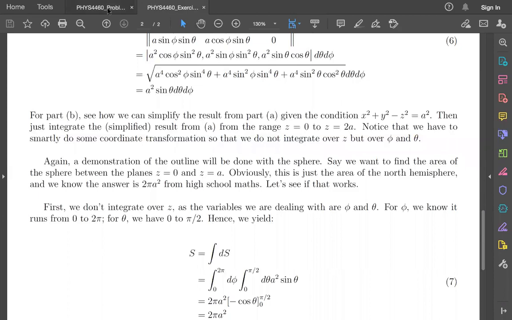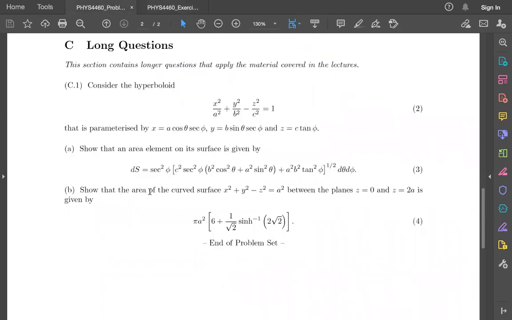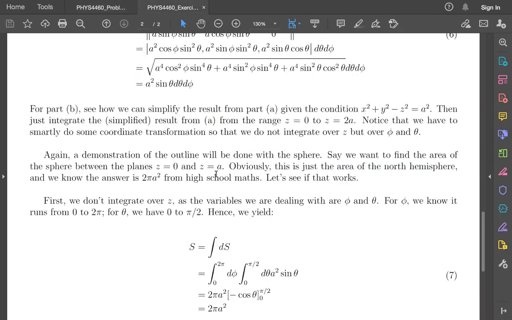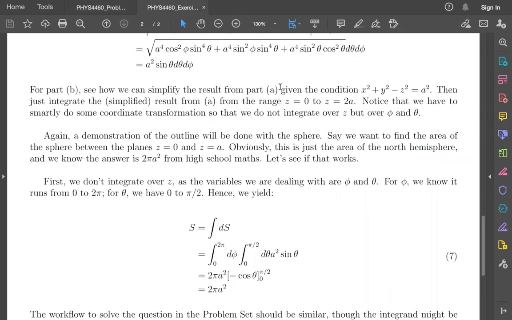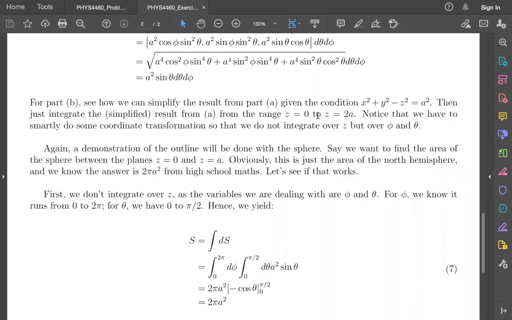Okay, so basically it's asking for an area, right? Because the result that we have from part A is an area element, the principle would be to integrate this area element within an appropriate range to get the area. So basically we integrate the area elements from the range z equals 0 to